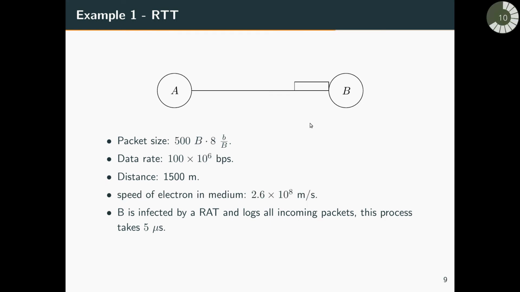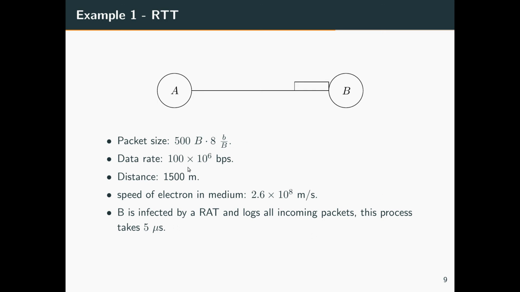So finally, we're ready to start doing some work. For packet size, get this number in bits instead of bytes. So we'd have 500 times 8 bits per byte. We're left with bits. Our data rate is 100 times 10 to the 6 bits per second. Distance we don't have to touch. We know that this is an electric wire because we didn't say it was optic, so we'll say that it's traveling at 2.6 times 10 to the 8 meters per second, which is a good estimate. And we know that B is infected by a rat and logs all incoming processes, so this will take 5 microseconds in additional delay. So now that we have all of our units